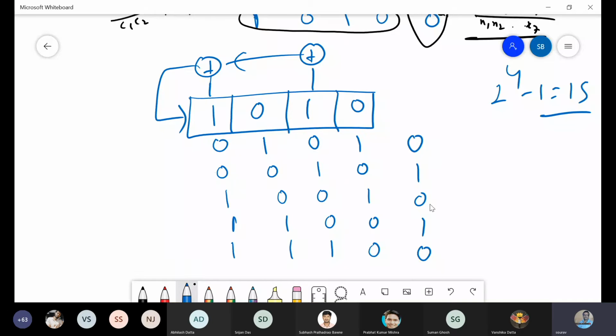Now this one is 0, 1, 1, 0. Fine. In the second step, this comes here. This comes here. This will come here. This is 1, and this one will be these 2 bits 0. It's fine, na? But the XOR of 1 and 0, it should be 1. No, the positions XOR are of these 2, na? This is our new position.